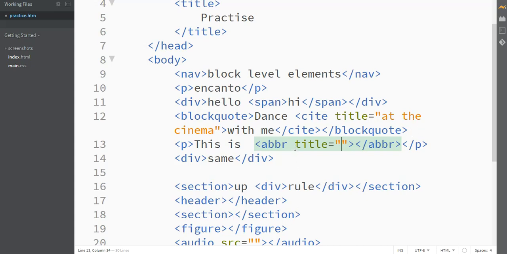Now, ABBR is called abbreviation. It's another semantic HTML tag. The full meaning is abbreviation, but it also comes by default with the title attribute. So let's say, for instance,